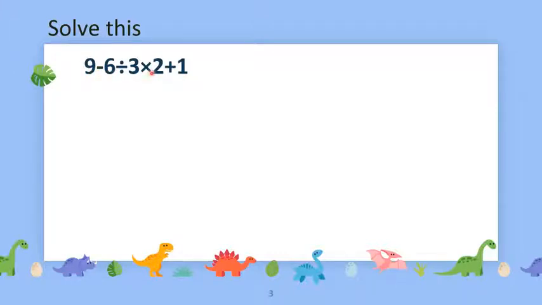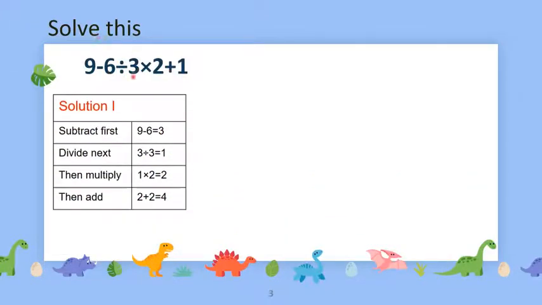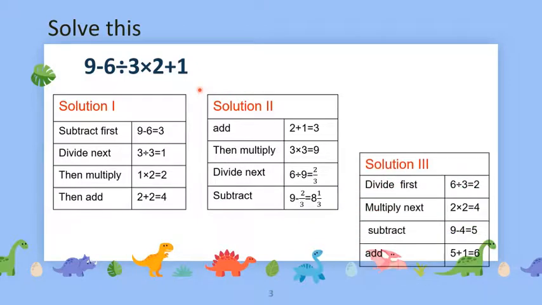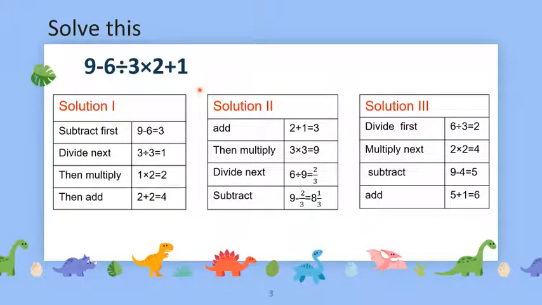So how am I going to solve this question? Now if four persons are there, every person will solve this question in a different way, because maybe I will start doing the subtraction first, then the division, then multiplication and then addition. Maybe some person wants to first do the division, then subtraction, then multiplication and then addition. So it is very confusing how we can solve this question. You can find out that in every way the answer will be different.